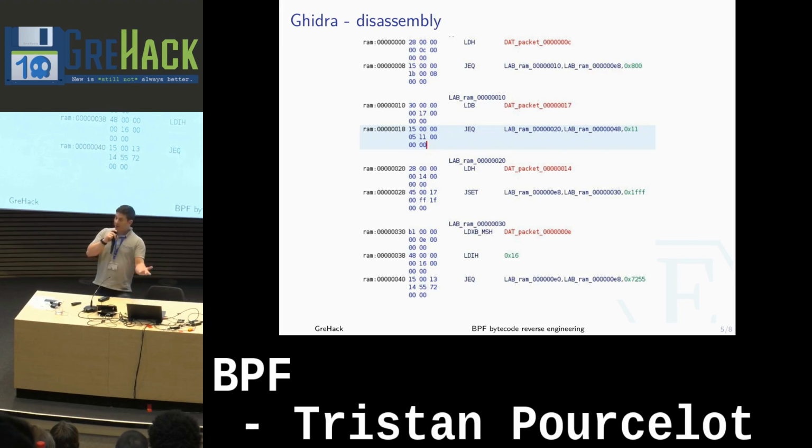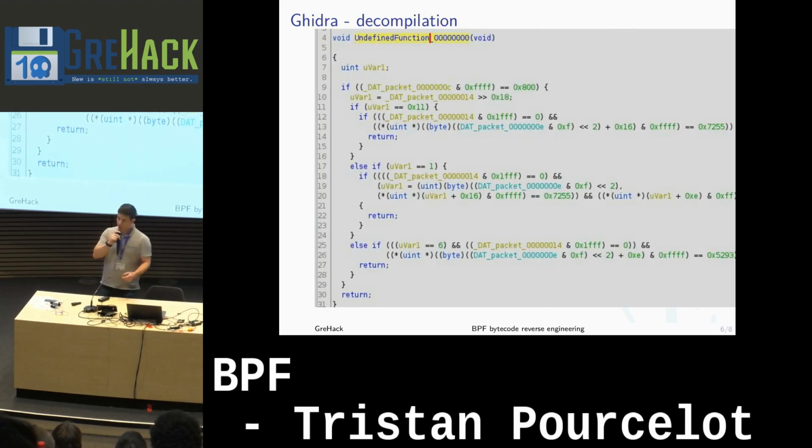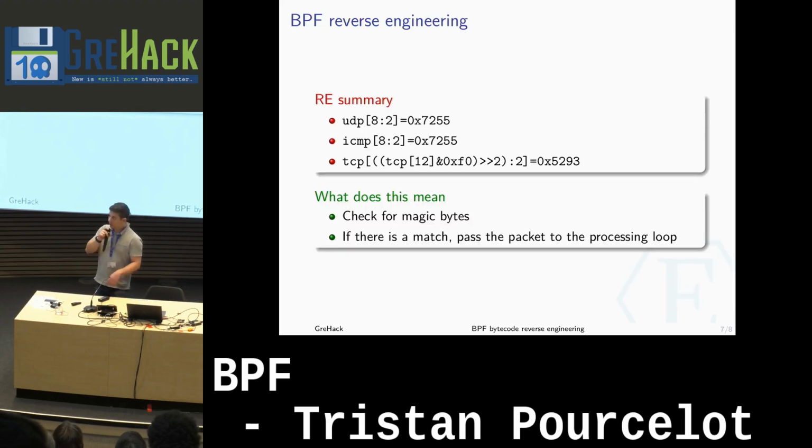And afterwards, it looks like this. Much better than text. But the advantage of the decompiler is that it has the compiler. So we now have the raw structure of the program. We can see here that it checks for some hard-coded values in the packet, and for magics like 7255 and 5293. So if we reverse this in 1 minute, it checks for 3 protocols, UDP, ICMP, and TCP, and checks